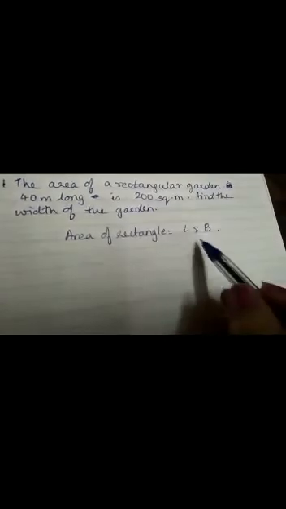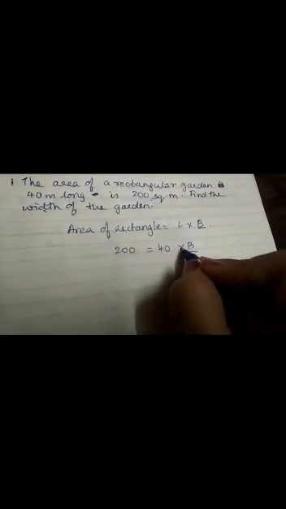Now the formula is known to us, area of a rectangle is length into breadth. Here we don't have to find the area, we have to find the width. Width means we have to find the breadth. Area is given as 200. So when we refill, area is 200, length is equal to 40, and we have to find the breadth value. When it is this way round, we do it the other way. That means when it is multiplied, when we bring it on the other side of the equal to sign, we will be dividing to get the breadth.